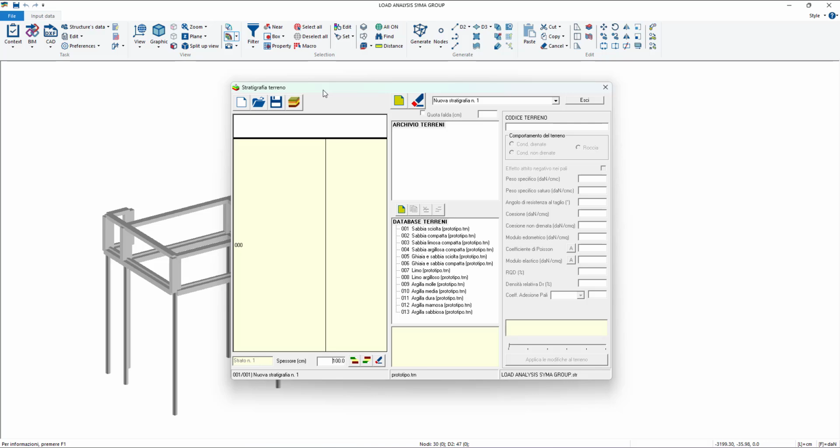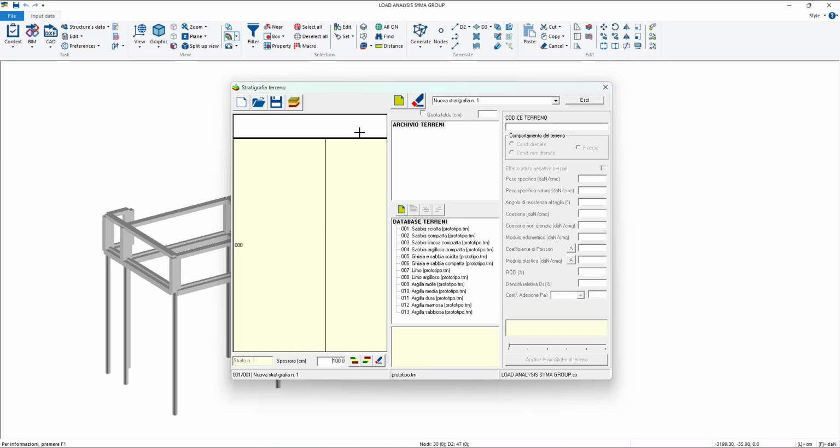It's the same as sections and materials, there you also have archives. These commands are for the single archive, and these commands are for the single stratigraphy. So you have different archives, and in each archive you have different stratigraphies, because in the same model you can use different stratigraphies for different elements.